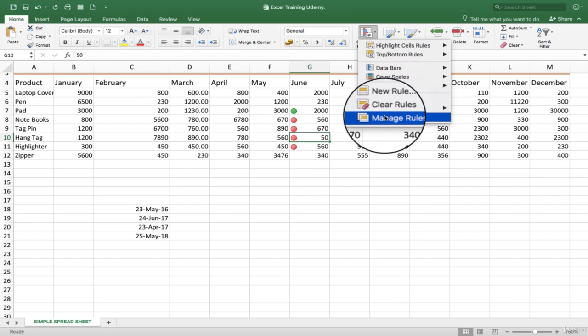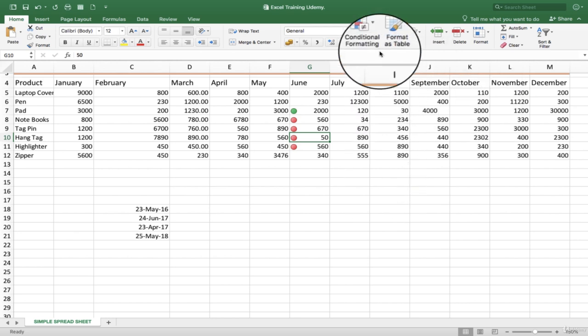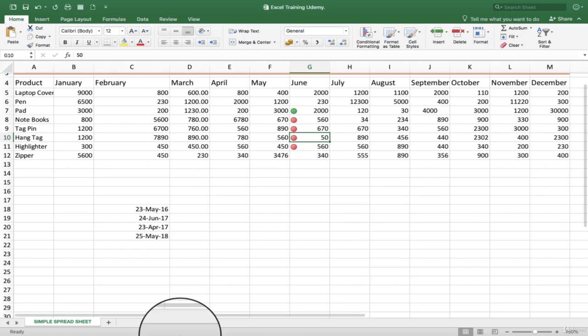You can create a new rule, clear rules, use icon sets, and put color scales, so many things from this amazing workspace that is Microsoft Excel. So you can present and display your information in various graphical ways so that it becomes very easy for the viewers or the decision makers. That's all for today's